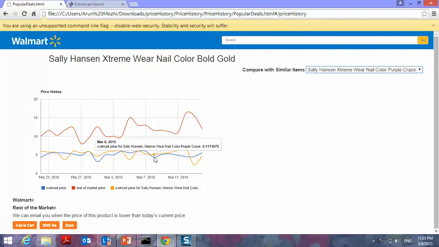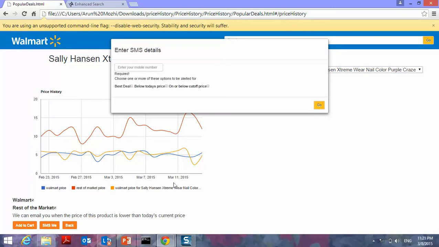Apart from this, I have add to cart. Either I add to cart or SMS me. When I click on SMS me, I am given three options. Best deal: starting from today, for the next 7 days, it will alert me on the minimum price. Say next Thursday, March 12th, is the computed minimum price; then it will give me an SMS on March 12th.